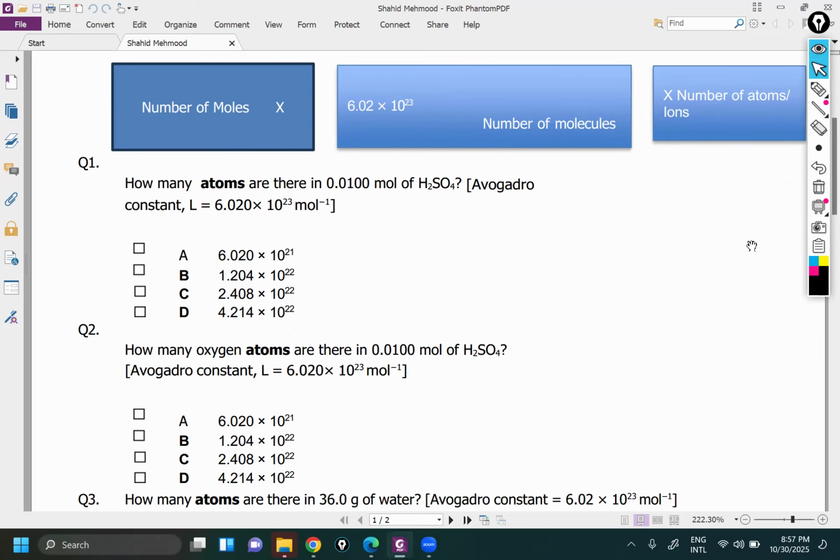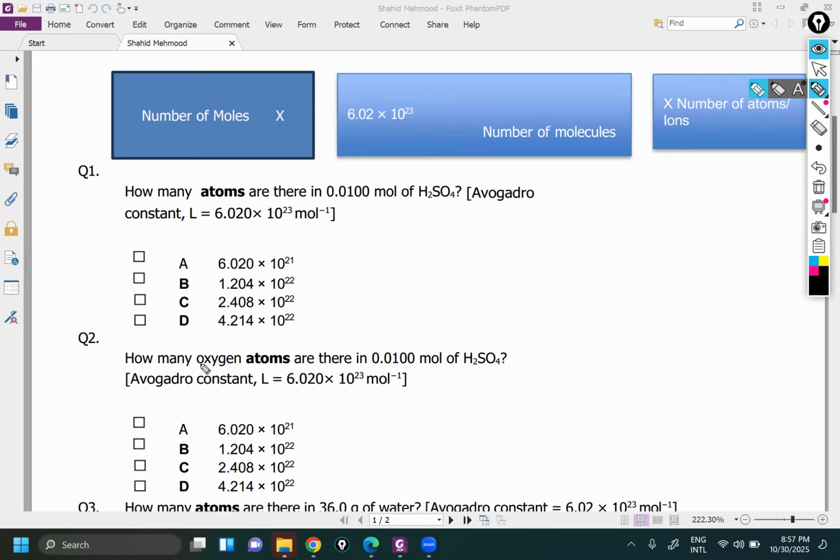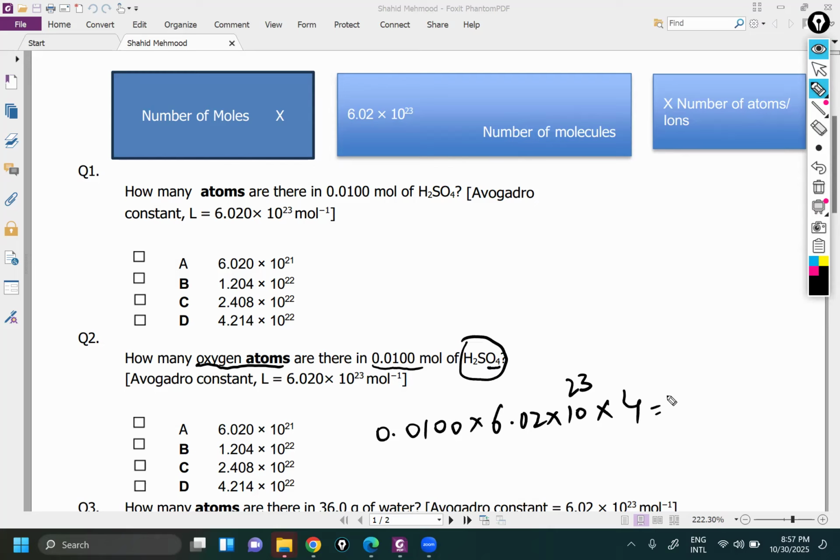Question number 2, how many oxygen atoms? This time they are not asking total atoms, they are asking only oxygen atoms in 0.0100 mole of sulfuric acid. Again, we will write the first box, 0.0100 mole times Avogadro's number 6.02 times 10 raised to the power 23 and then times. Now the number of atoms or ions, so here they are asking only the oxygen atom. There are 4 oxygen, so times 4. In this case, the answer will be 2.408 times 10 raised to the power 22